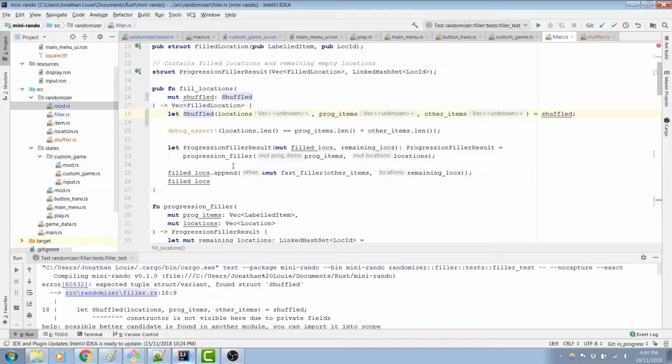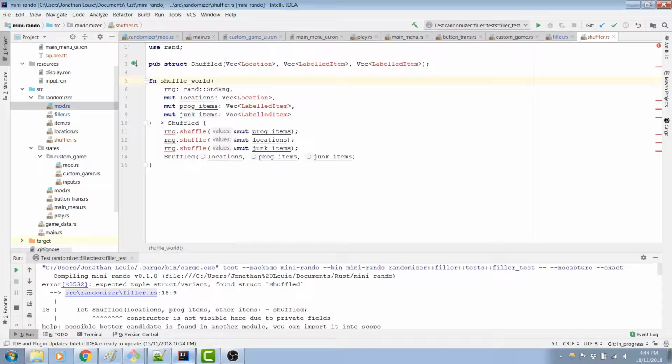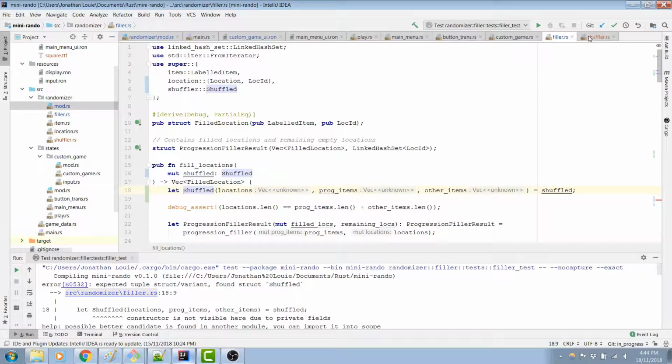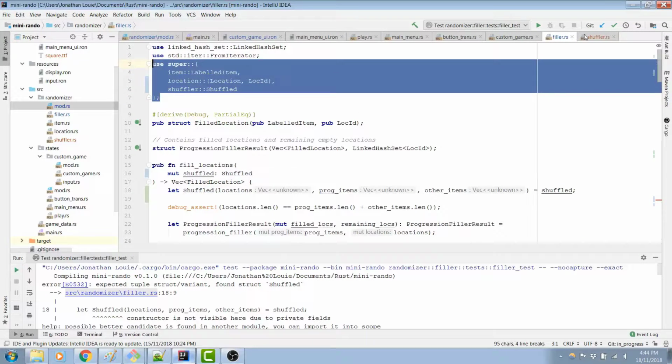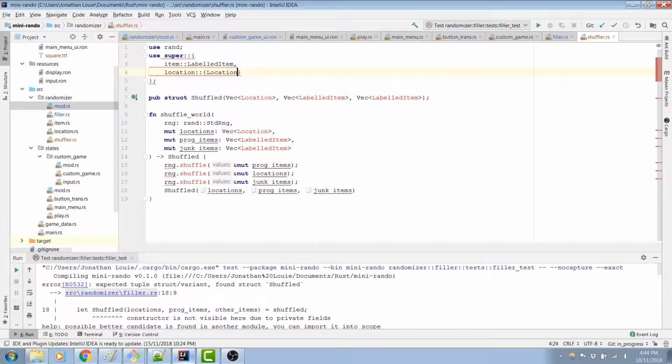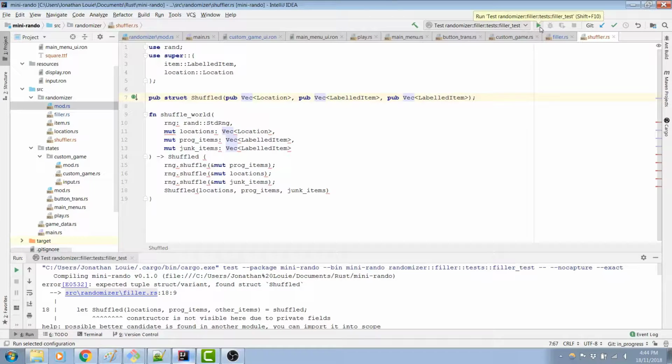Tuple struct / variant film struct shuffled. The struct is not visible here due to private field. Oh. Yeah, of course. And also this guy can't access location and all that other stuff. Right. Or labeled item. Okay. So we need to do the same thing here as we did there. Of course I can't do that, but the rest of this should be okay. So I can do that. And this needs to be public. Okay, so these do need to be public anyway. It kinda sucks, but... I think at least...